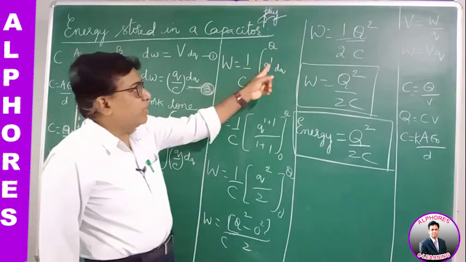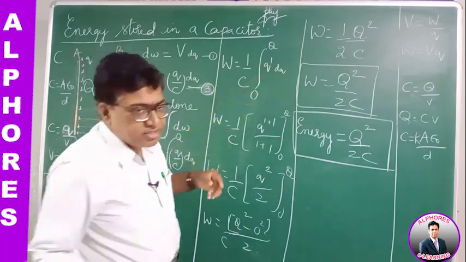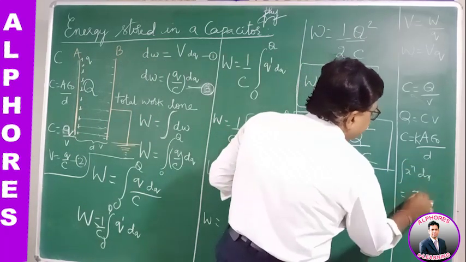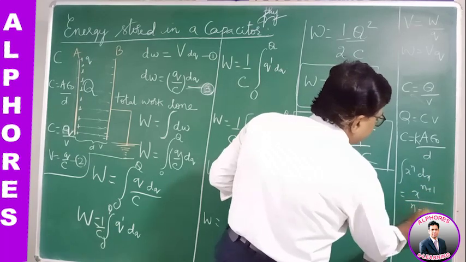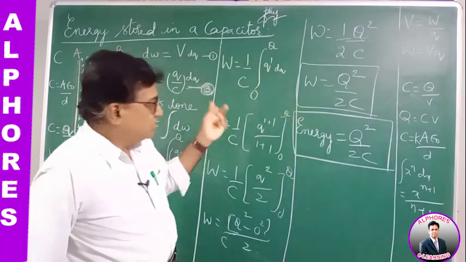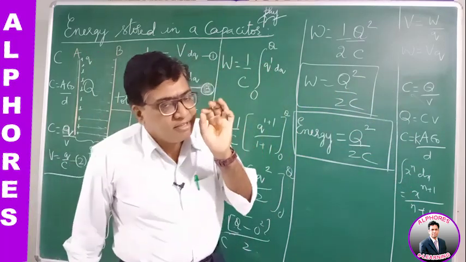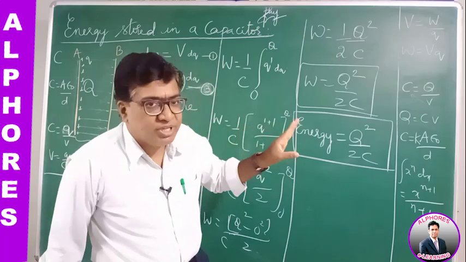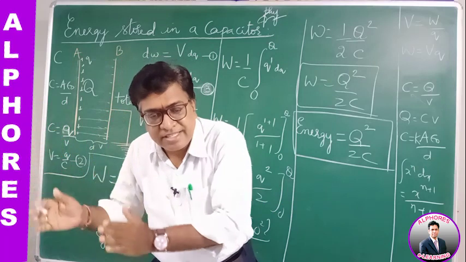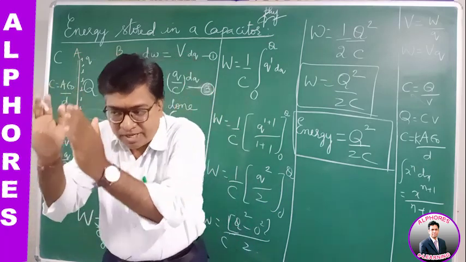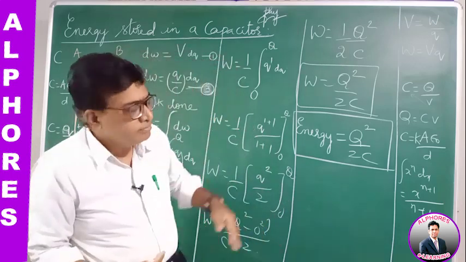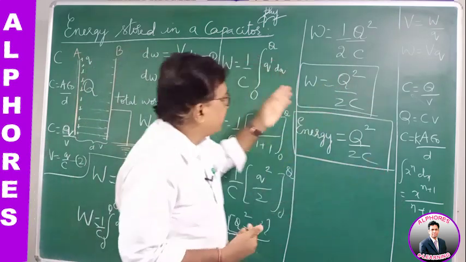So it's q power 1 dq. The integration process I was telling you: integral of x power n dx is x power n plus 1 by n plus 1. You need to remember those formulas. These are the basic formulas that are required to solve this derivation. In every topic, I put the things like this. You need to learn the things this way. First of all, you should know the basic things required to understand this. First understand the basic things, remember them, then slowly build on one after the other. So, perform integration.